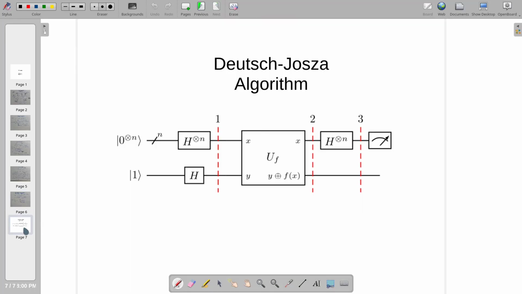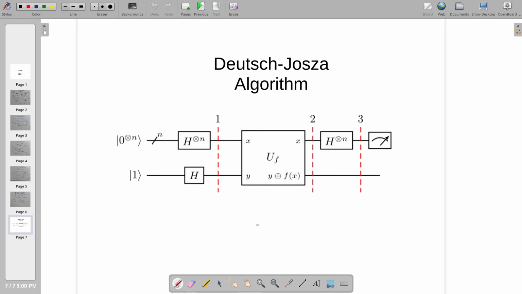There's another algorithm, an extension of Deutsch's algorithm, which is known as the Deutsch-Jozsa algorithm. It's nothing but the same algorithm applied to a multivariable function fx. That is the reason why we have the power tensor n, and a power H tensor n. So nothing too hard. It follows the same core concept.